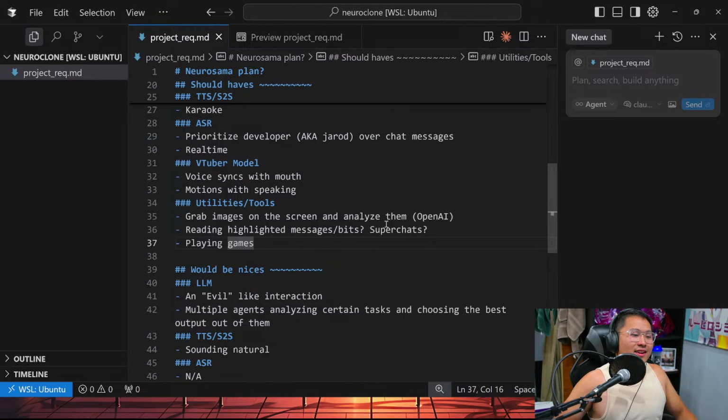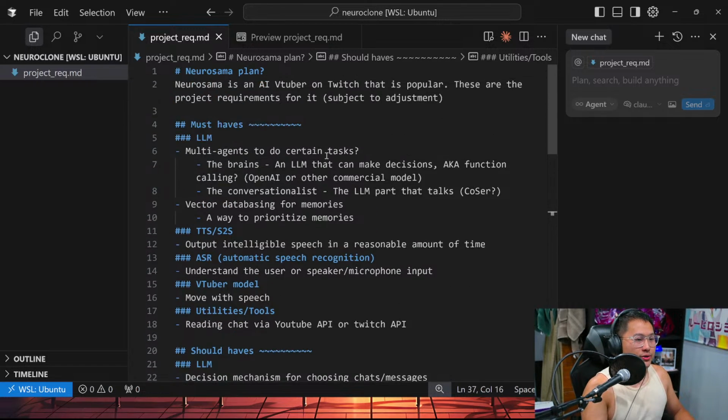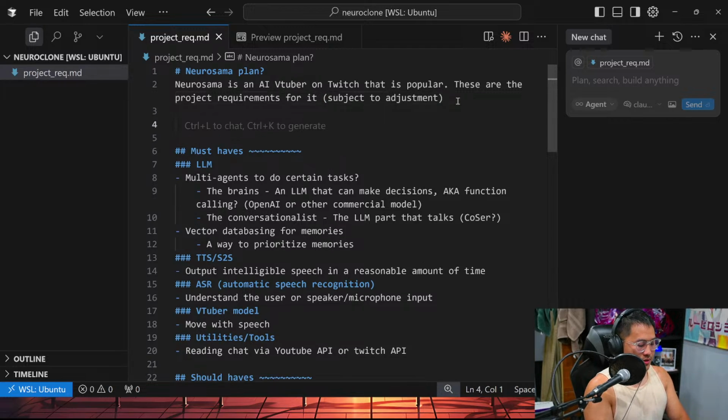On the surface, it's fairly simple to make a chat agent. The complexity is all of the interactions, all of the different inputs, and factoring all of that into the output. So I was going to build this architecture. Here is my architecture plan. This is kind of my idea.